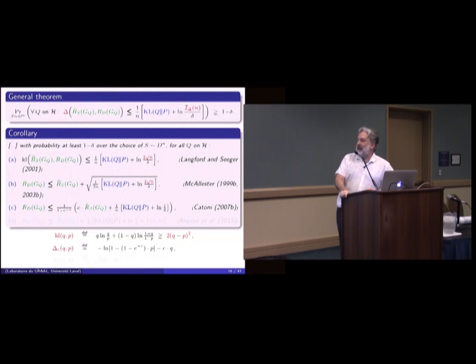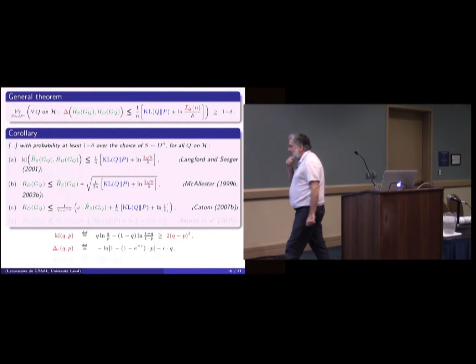Simply by taking, this is an interesting one. The idea is the following. You want to have something convex, but that is linear in Q. And you want to have a 1 here. And so you make a bit of calculation, and then this is the nice function that you obtain, which is convex, okay? And which gives you this Catoni bound.